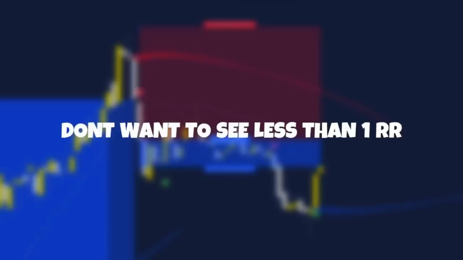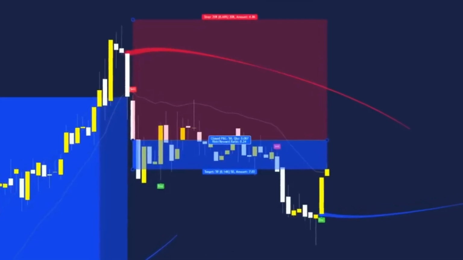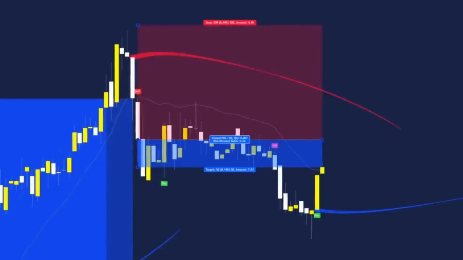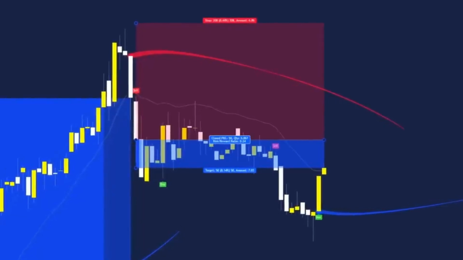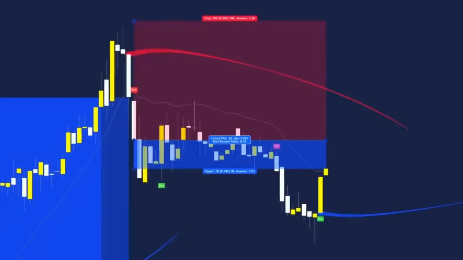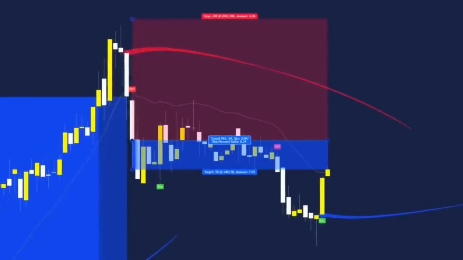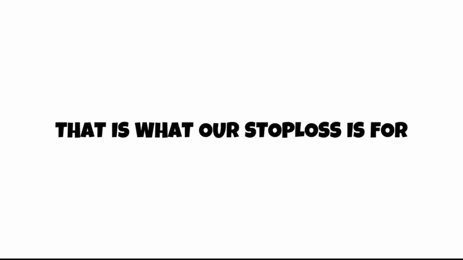We definitely don't want to see a lower than 1 risk to reward ratio. One thing I definitely would recommend doing is only manually closing out the trades when they are in profit. If price tells you to close out but the trade is negative, I definitely would let it run and see if it can catch that trend and carry on in the bias direction. Remember, that is what our stop loss is for, and we should only ever risk as much as we're willing